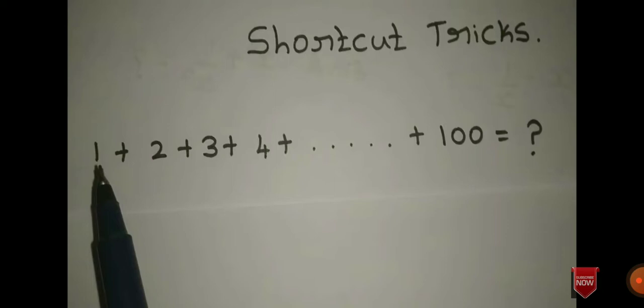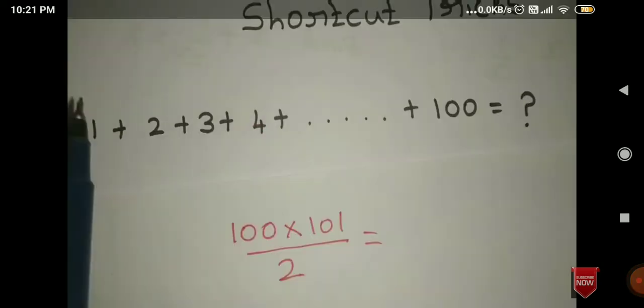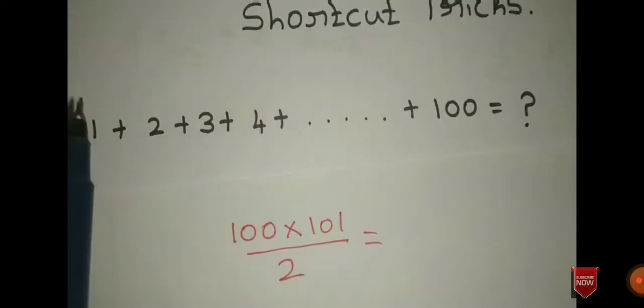So first question is, here we can have 1 plus 2 plus 3 plus 4 and so on, till 100. What will be the value? Okay. So to find this, let us use a shortcut. See the last number. The last number we have is 100. After 100 it's 101. So 100 into 101 divided by 2. This 2 is always common. It won't change. Okay. So just see what is the last number and also what is the consecutive next number,